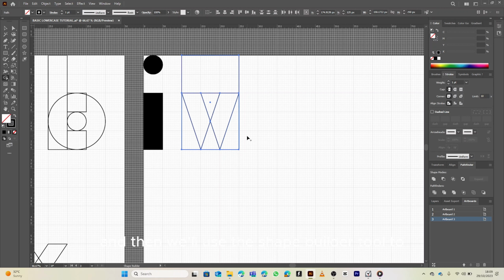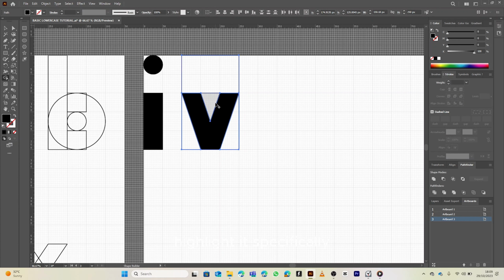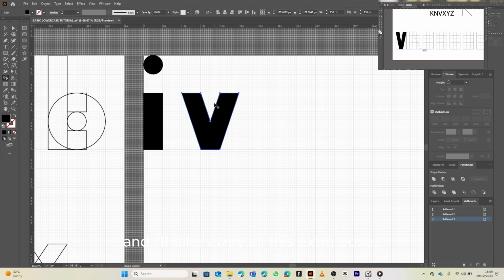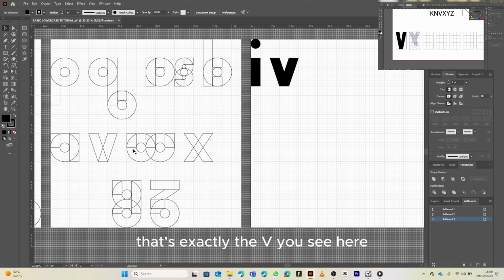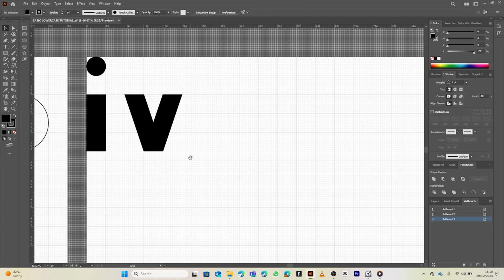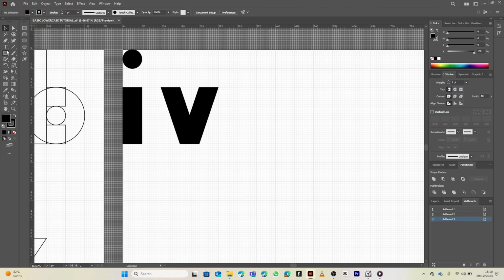And then we'll use the shape builder to highlight it specifically. And I'll take away all these extra boxes. That's the letter V. That's the exact letter V you see here. The letter X prior to this was 5 by 3,